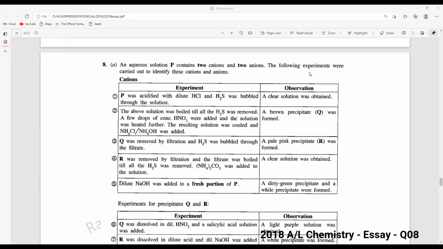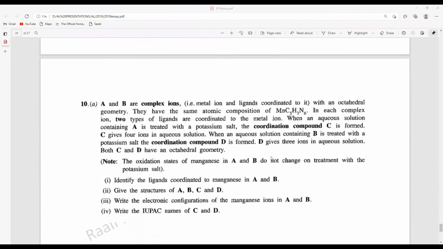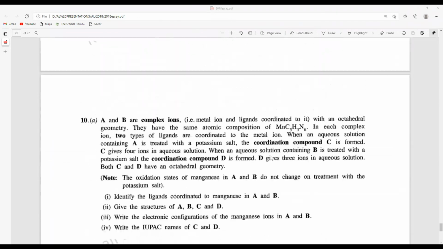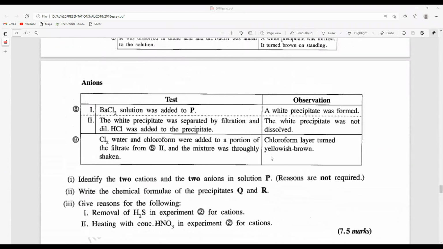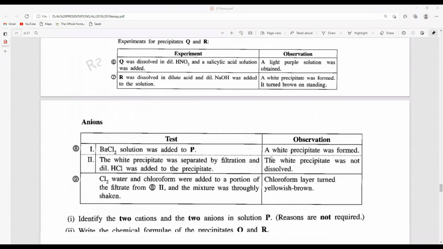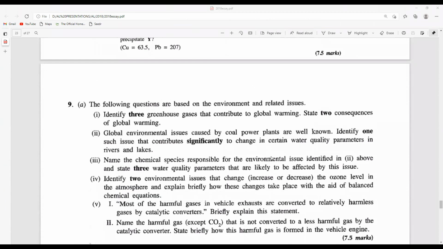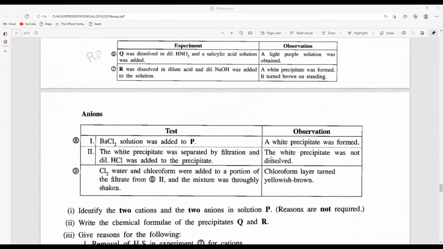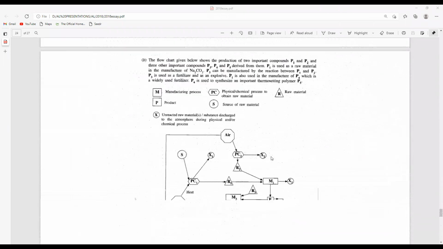Right, so we have to discuss question number 8, 9, and 10. I have shared the screen for 8, 9, and 10, so we will quickly go through these questions without taking much time. As usual, question number 8, 9, and 10 are basically from inorganic, industrial, and environmental chemistry, and finally some small part